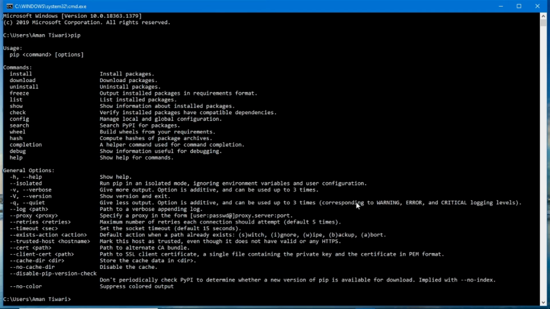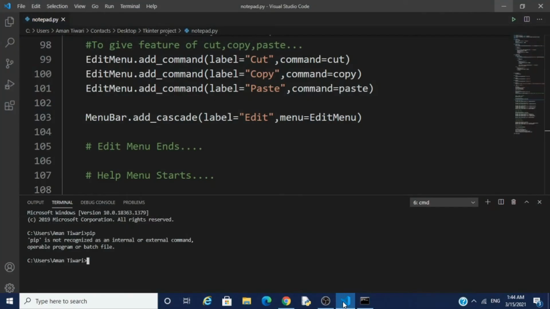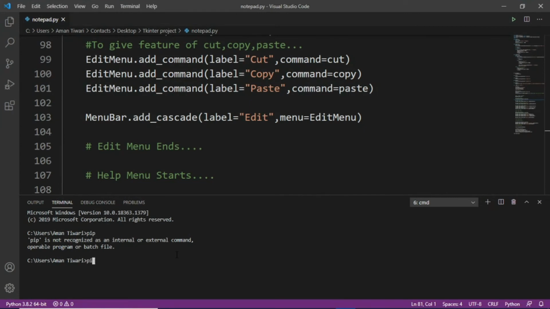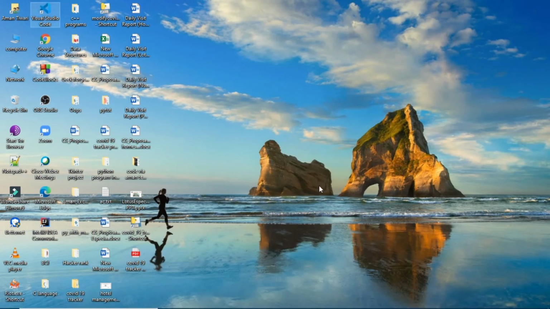Okay guys, and again go to your Visual Studio, then type here pip, then enter. First of all close this Visual Studio, and then open your Visual Studio again and type in the terminal pip.